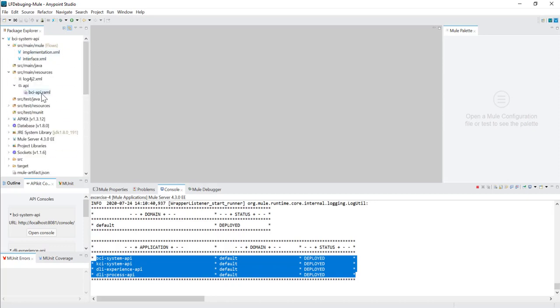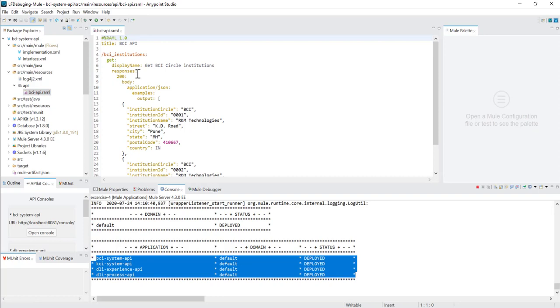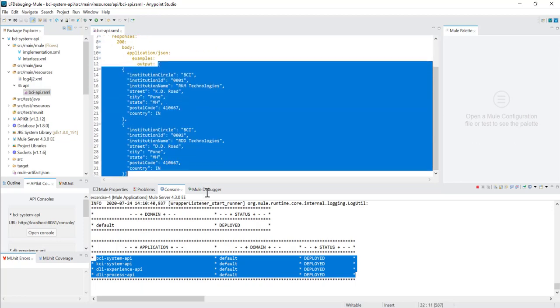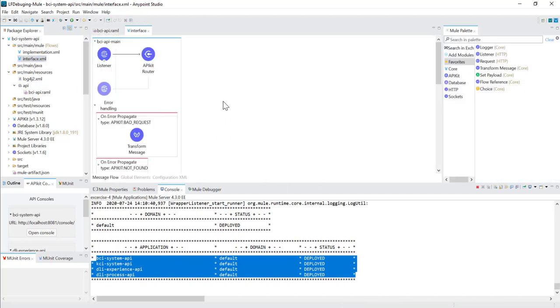Now we will have a look into the BCI API RAML. That is the first thing we are going to look at. This is the service path we have defined in the RAML file, and it has only one method supported, and this is the example being used as dummy data. Using this RAML file, we have generated this interface Mule configuration file, and it has automatically generated these scaffolding flows.